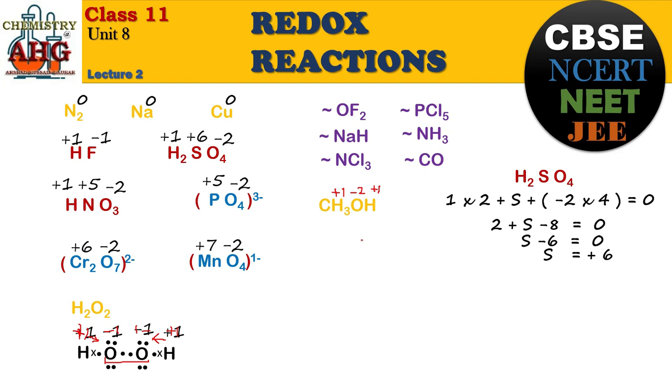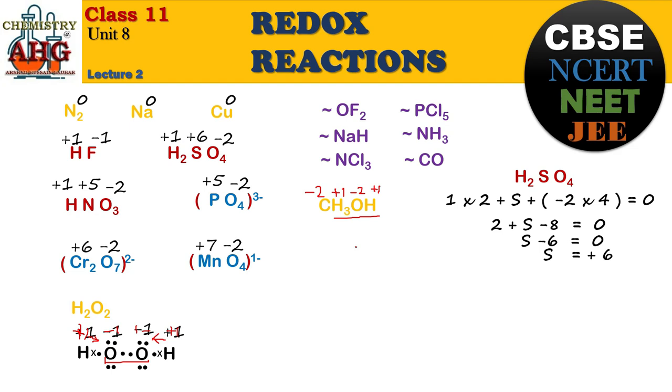But now look at the total charge for these. Hydrogen is +1 into 3, that is +3, oxygen is -2, so how much positive charge is left behind? +2. I am just looking at the total charge: +1 into 3 is +3, -2, so +1 and +1 make +2. So what should the carbon be? Carbon will be negative. How much? -2. This is one way to find the oxidation number of these elements.